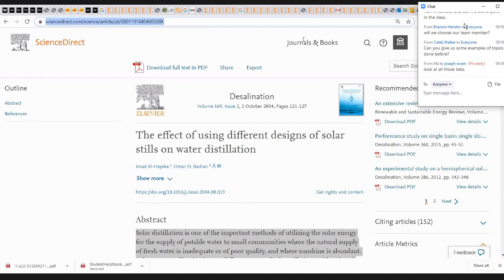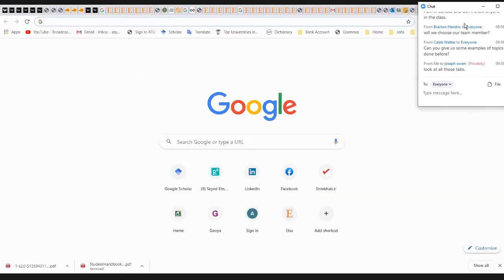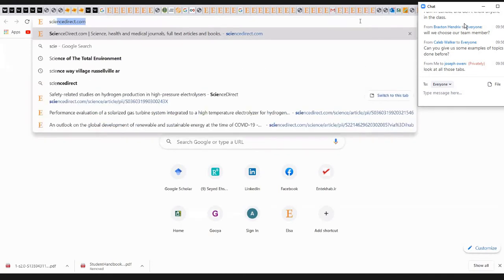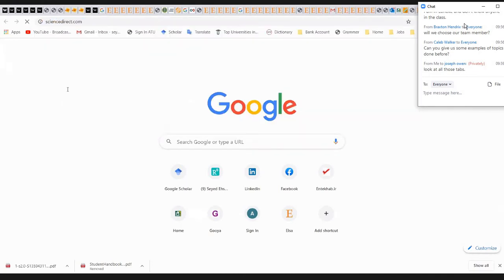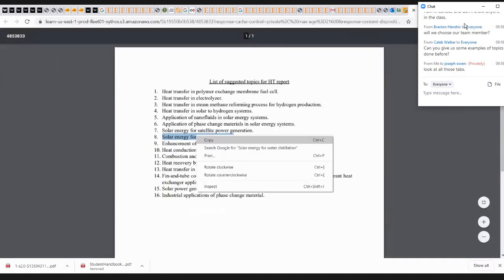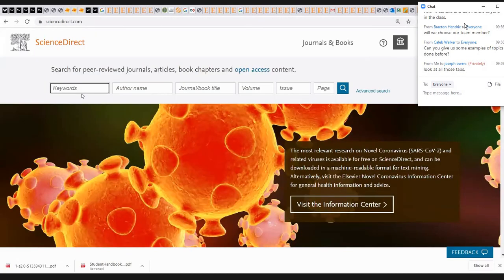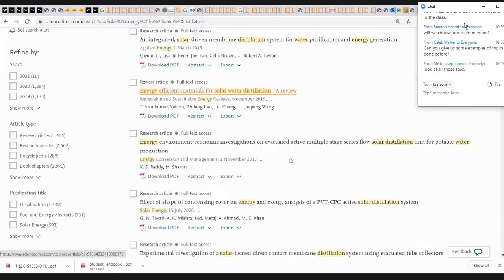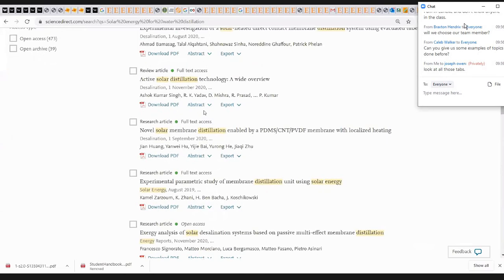The other source is Science Direct, okay? You can search Science Direct, and here you can search your keywords. For example, keywords here, solar energy for water distillation, or just one word, water distillation, and then search. Then you can see so many papers here. Just click on the paper